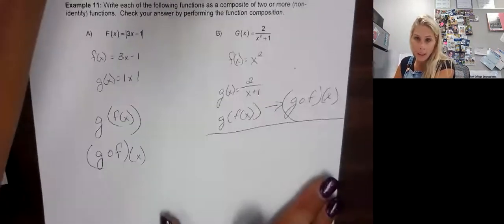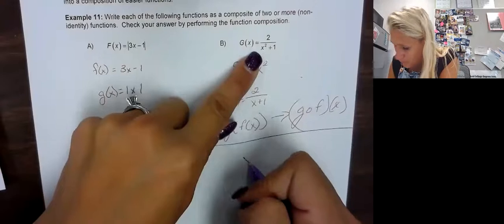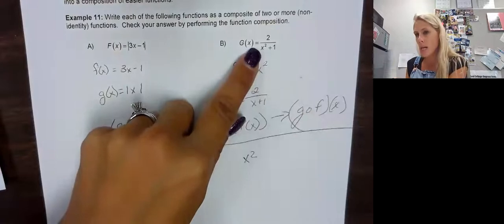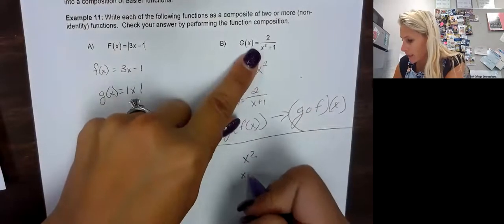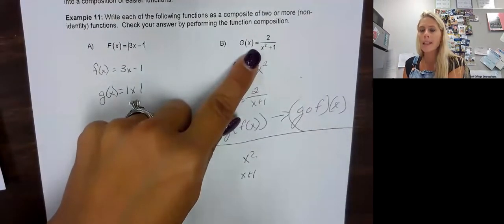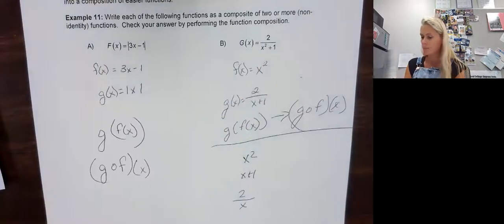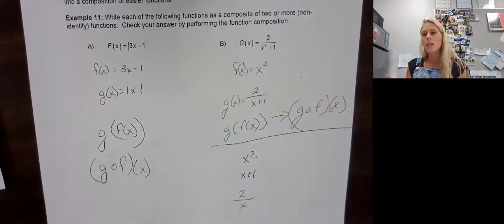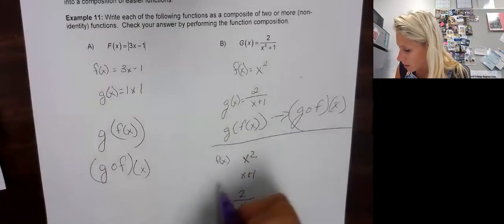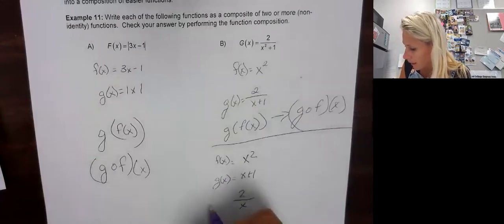I could see three functions if I wanted to. I see an x squared. Well, if that x squared was taken away, I would see an x plus 1, which is linear, in the denominator. And then that x plus 1, well, that can be interpreted as I'm replacing it under x. Okay, so it depends on the directions, how many functions you want to compose. So if I said this is f of x, this is g of x, and this is h of x,